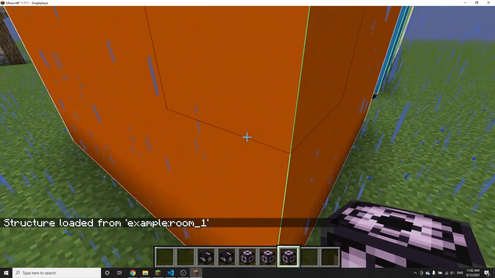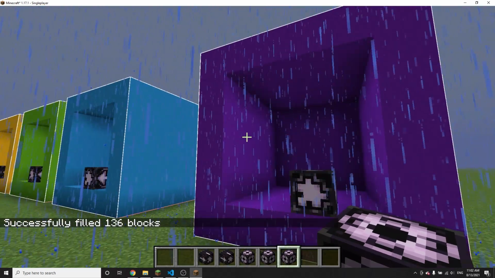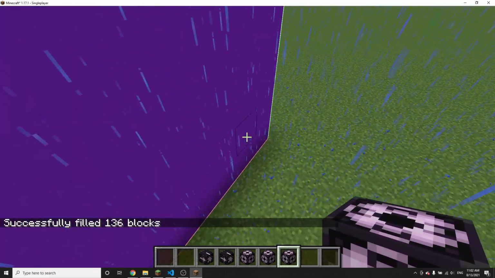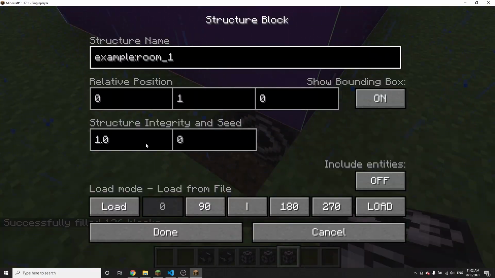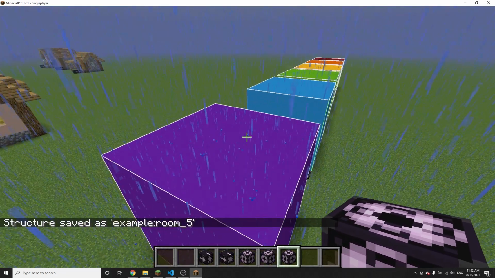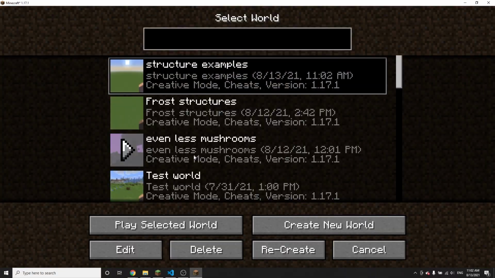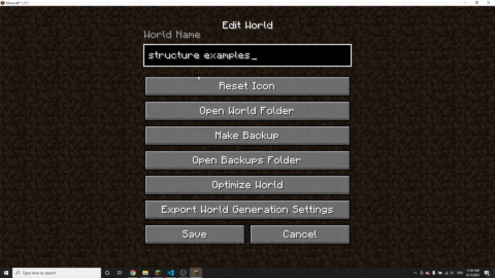load room 1, and then /fill. Alright, now this is just the same structure except purple, and this is going to be room 5. And I'm going to save it. Oops, why did that? Okay. Save. Okay, all these structures are saved, so if I save and quit the title, and then edit this, open